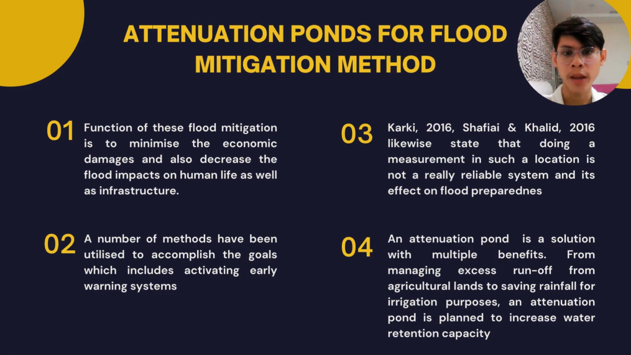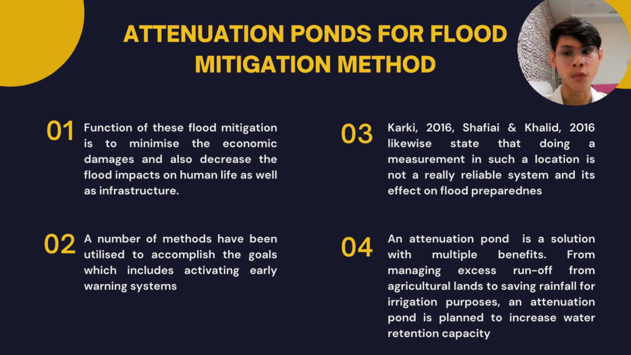I will explain about the attenuation pond for flood mitigation method. The primary function of this flood mitigation is to minimize the economic damage and also decrease the flood impact on human life as well as infrastructure. A number of methods have been utilized to accomplish the goal, which include activating an early warning system to keep the public as well as federal government agencies alert of rising water levels